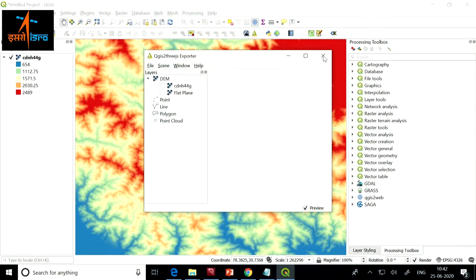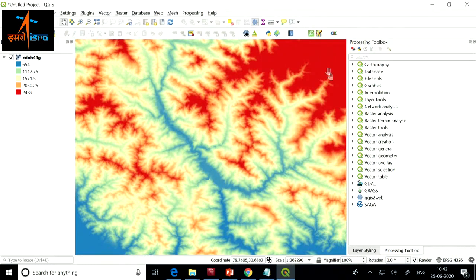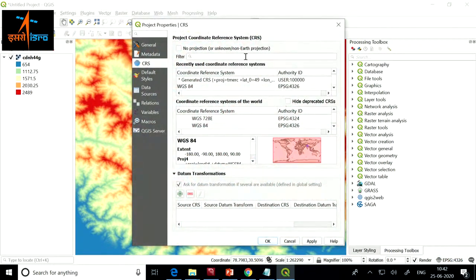And before I do that, one thing I need to do is change the projection system in which this session is. Currently the data is in geographic latitude longitude, which is given a projection system ID called 4326. I want a projected coordinate system.